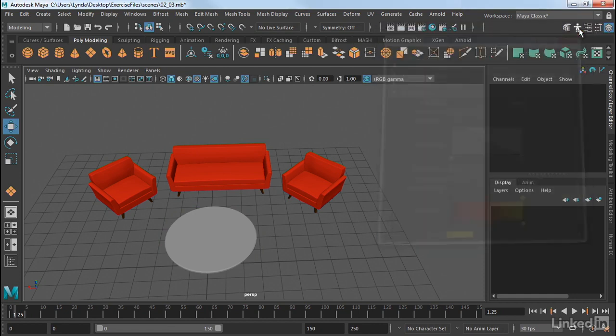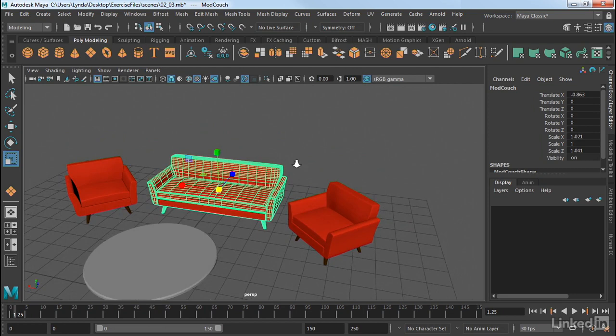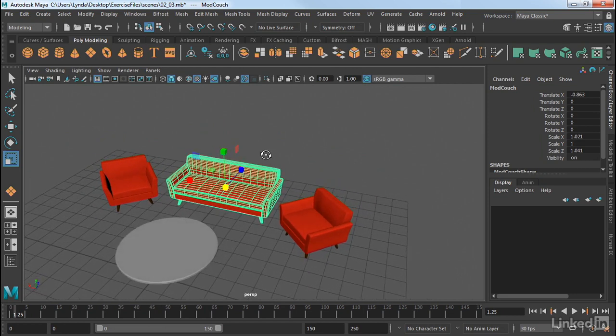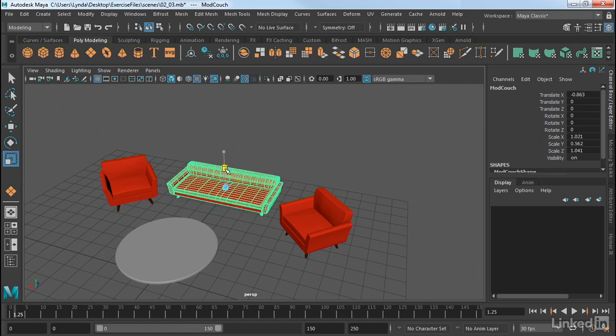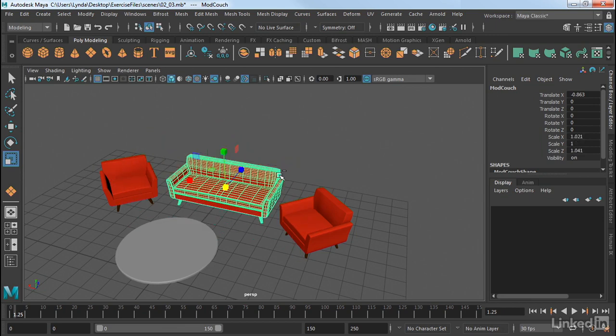Now that we understand rotate, let's go ahead and look at scale. So select the scale tool and select an object. When we select that object, the scale tool looks a little bit like the move tool, except it has boxes at the end rather than arrows. And we can grab these boxes to scale along any axis. So red is X, green is Y, and blue is Z. Now, if we select in the middle, we basically do a global scale and make the object bigger or smaller.